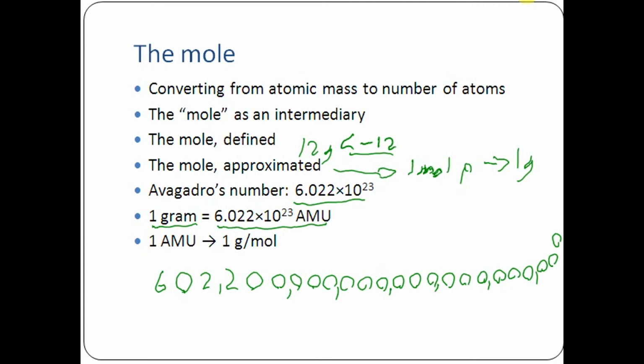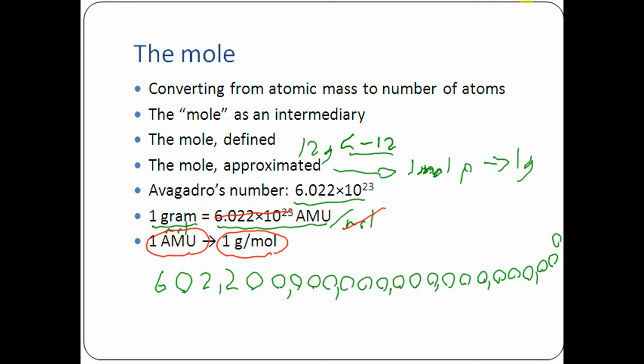Now, we could take this and do another approximation. Since 6.022 times 10 to the 23rd is a mole, we could divide both sides by moles. Moles cancels on this side, 6.022 times 10 to the 23rd, and we are left with 1 gram over moles, equal to just 1 AMU. Now, equal to is probably not the term we want to use here, but they are equivalent in the sense that